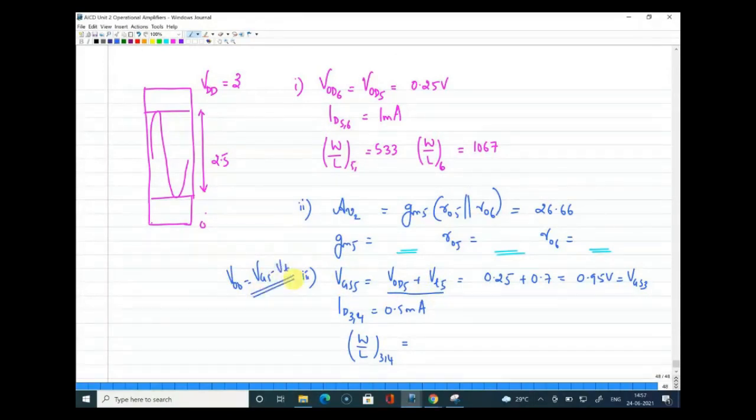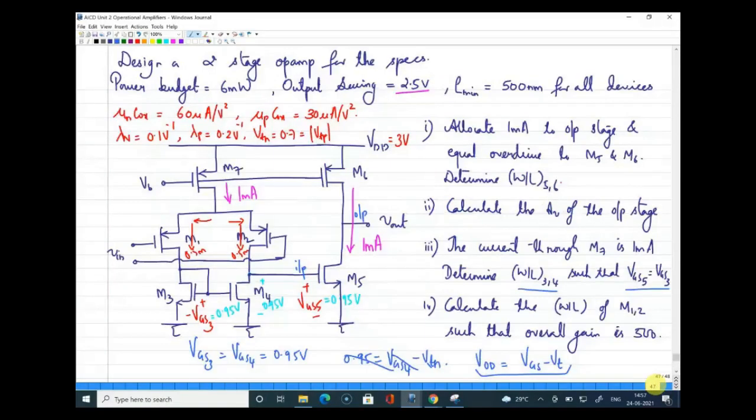Yes, sir. Right. So you can work. The transistor should be firmly in saturation. Whether it is at the edge of saturation or deeper into saturation depends on the other requirements. So here in this specific question, the W by L of 3 and 4 is asked to be found by keeping that condition, meaning deeper into saturation, not at the edge of saturation. That is the only difference.